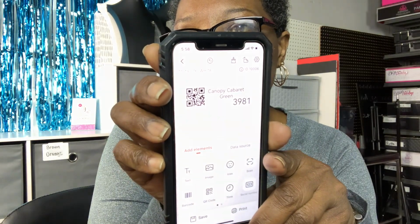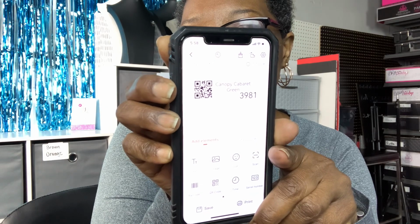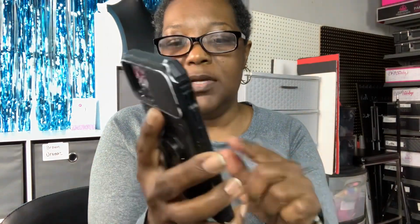Yeah, the name, then your reply to buy number, and then we change that barcode to a QR code. Then we'll press print, and you can, like I say, in here you can also add if you want to do more than 1, 2, or whatever. Then you press print,